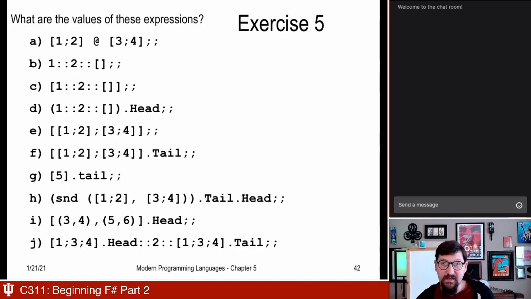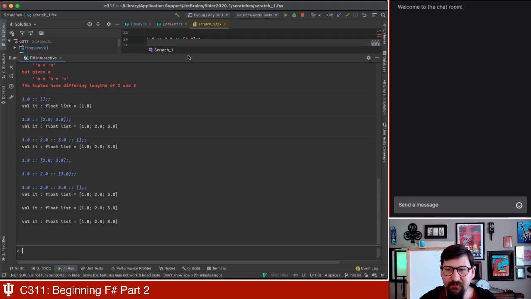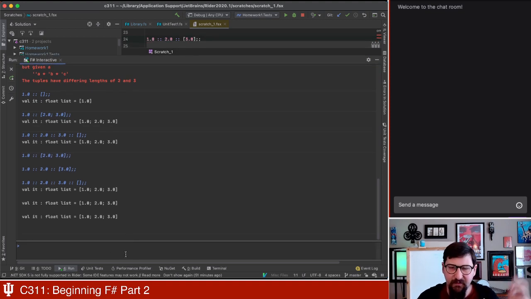All right. Hey, iPad, next slide. So let's do some of these. I'm just going to do these in the interactive. I'm not going to mark it up. So I'm going to go over to the IDE. I'm actually just going to type them straight up in the interactive. I'm going to make this big and type them so that we don't need them around. So the values of these expressions, we have the list 1, 2